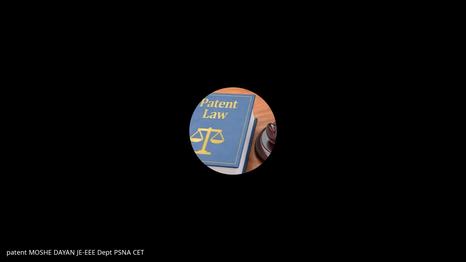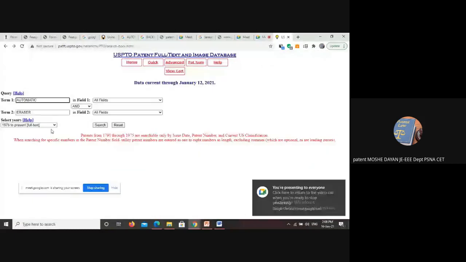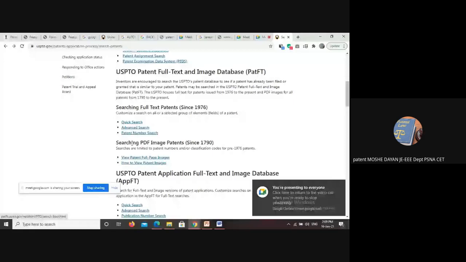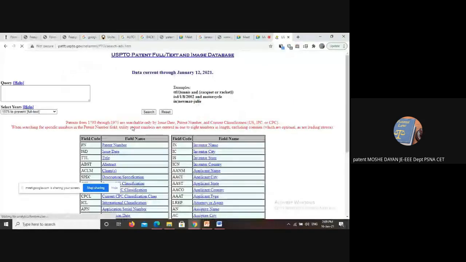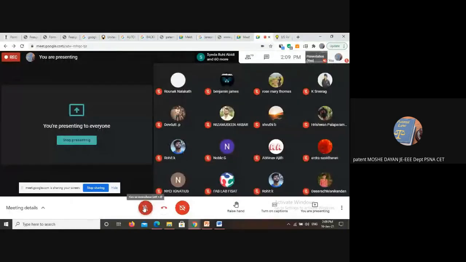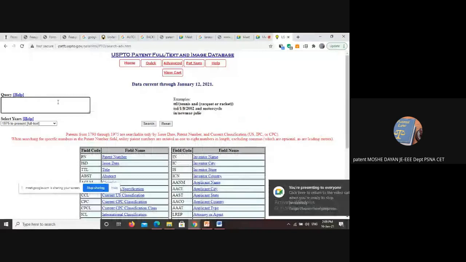In case you want to go for advanced search, what should I do? Please listen carefully. When I want to go for advanced search, I come back, and of the three options, I'm going for this particular word called advanced search. So when I go for this advanced search, here we get this particular query search. In this query search, you have to use the field codes properly for doing the right search.